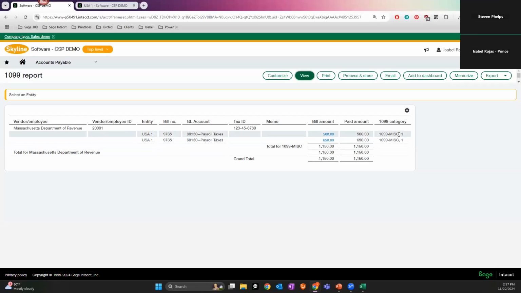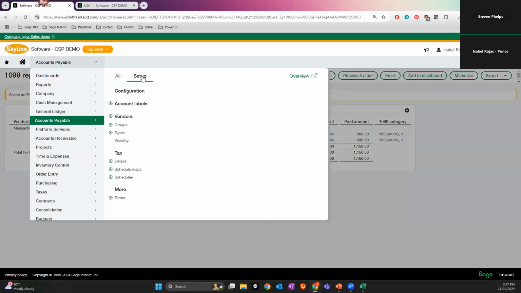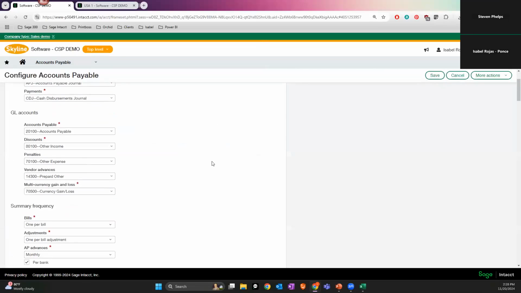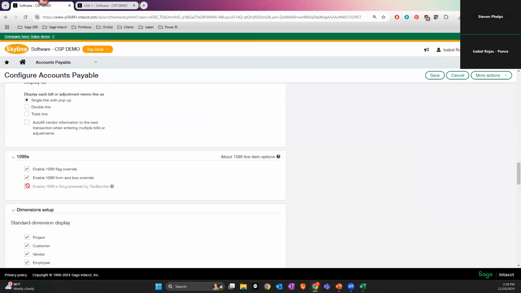Okay. Now, to file the form, if everything looks good in this report, your next step will be to file the form. To do that, if you're going to be filing electronically, you can go over to accounts payable. And if you scroll down to the 1099 section, you can see in here there's a checkbox to enable e-filing by Tax Bandits. Again, this is a third-party integration that's already working with Intacct. If you want to see more information before you turn it on,